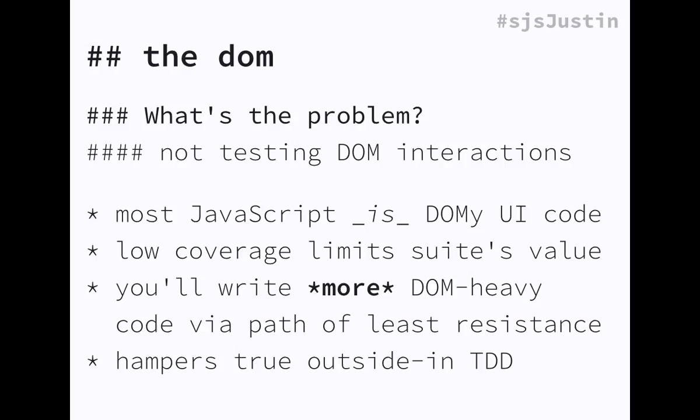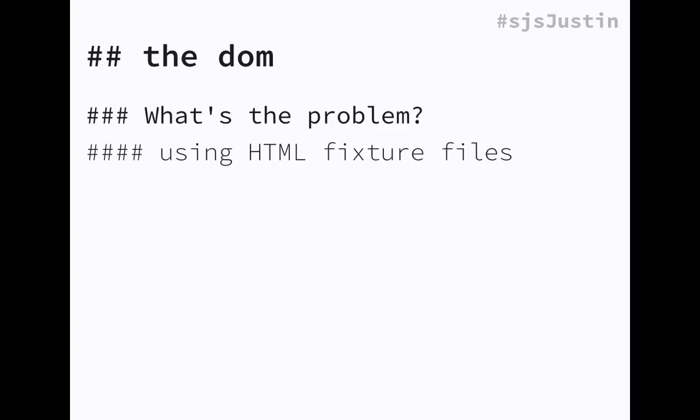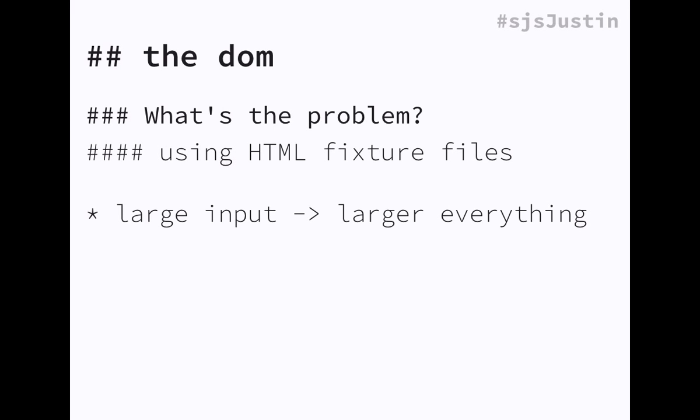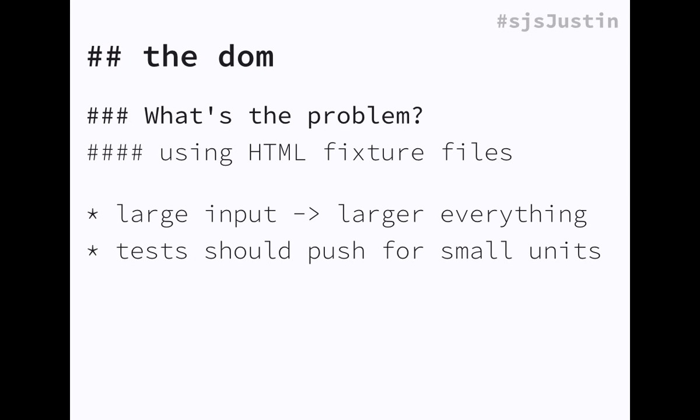And that flow gets interrupted when I say that the very top level doesn't get tested. I don't use HTML fixture files when I'm trying to test my DOM interactions because typically those are large, and if you have very large input, you'll have larger everything: larger test methods, larger methods under test. And our test tools particularly are responsible for encouraging good behavior, and good behavior should be pushing us towards smaller